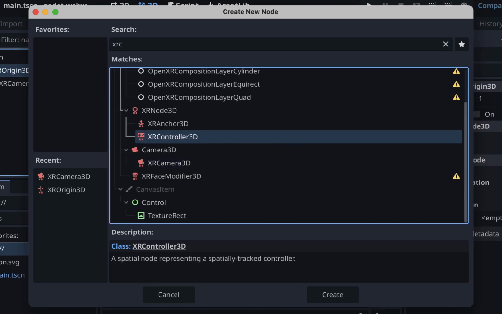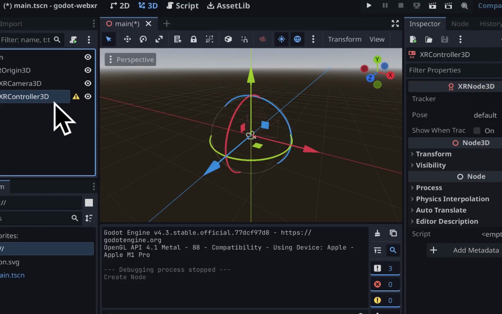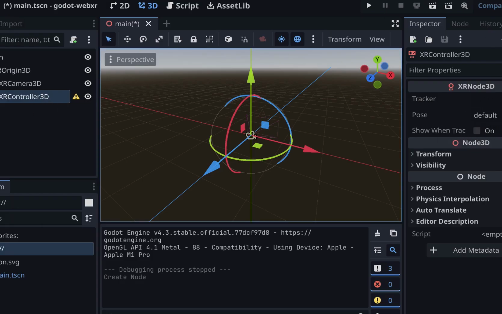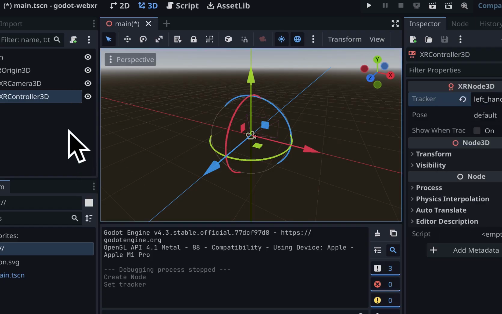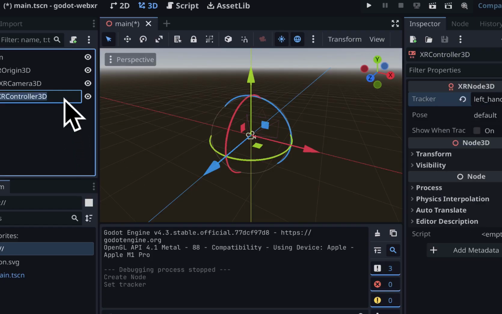a spatial node representing a spatially tracked controller. And in the tracker setting of the inspector window, we will select the left hand as the type of controller. You can also rename it to left hand or left controller. Whichever one the user has selected is what will be chosen,